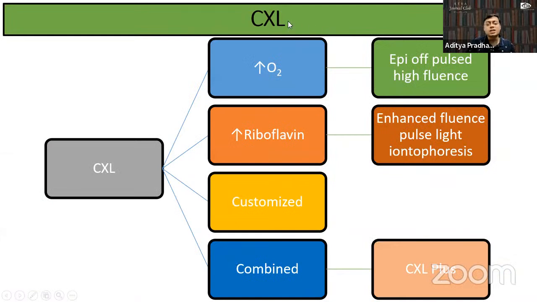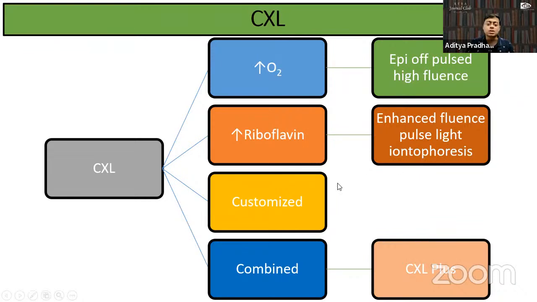If you go to cross-linking, we have different modalities which are focused. One of them is focused on increasing the oxygen delivery, because Charuta has shown the oxygen radicals are a key player in this. So the epi-off pulsed high fluence protocols are aimed at increasing the oxygen availability in the stroma for the reaction to proceed faster. The other approach is increasing the residual riboflavin in the stroma. So that is basically the enhanced fluence pulse rate iontophoresis, in which an electrode is applied to force the riboflavin